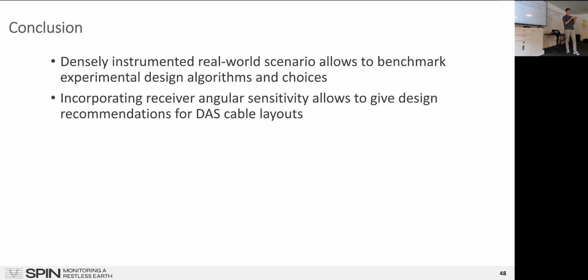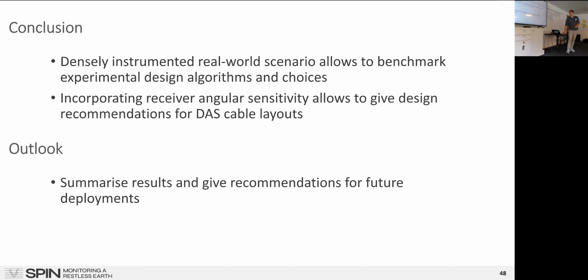And by incorporating this picking likelihood, we can include receiver angular sensitivity and give design recommendations for DAS algorithms. And really the outlook now is to summarize that very concisely and give recommendations for future deployments, and really tell people what is important, where you can neglect stuff. For example, we found that noise correlation seems to be really unimportant in this case for some reason. So that's kind of the idea, to really give recommendations for future